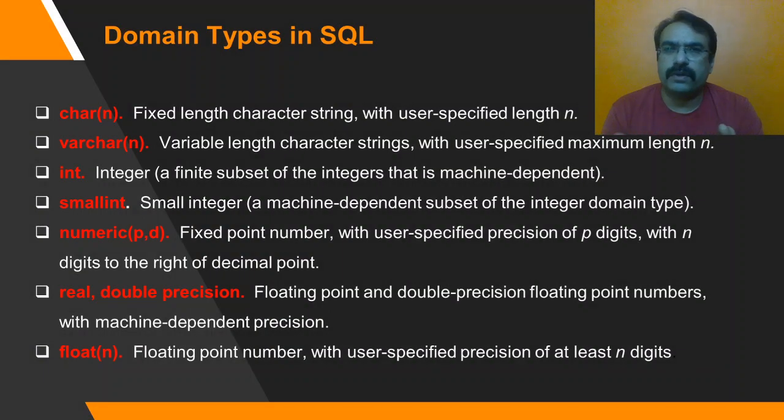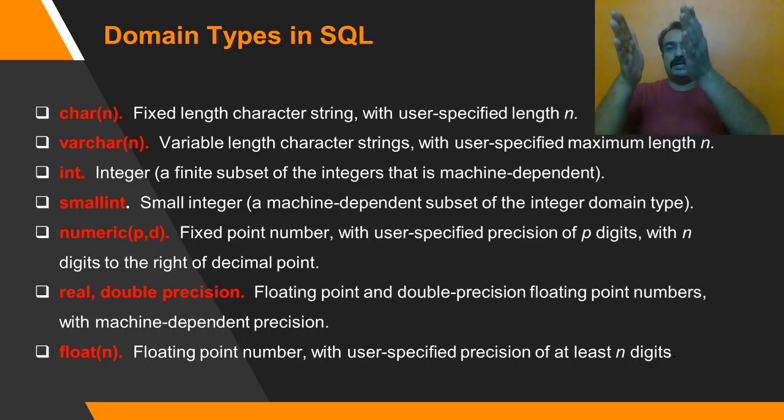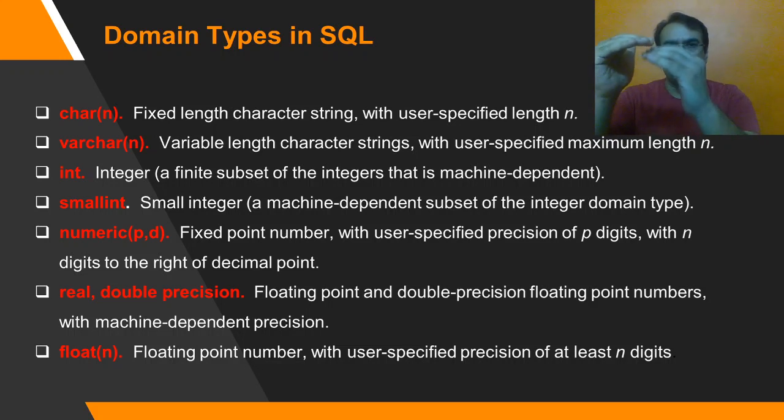So first of all, as we did in C language or any of the programming languages, the first thing which we learn is what kind of data types it supports, right? Similarly, we are going to see what kind of data types SQL supports, but instead of saying data type, we are going to call it a domain type. The terminology we use here will be the domain, because we are referring to the column in a relation as a domain, and whatever constraints we are imposing on that data type or that attribute will be followed by all the values which are going to be entered in that column or in that domain.